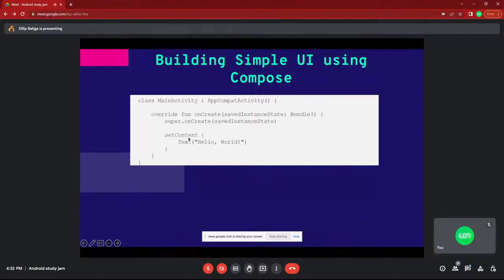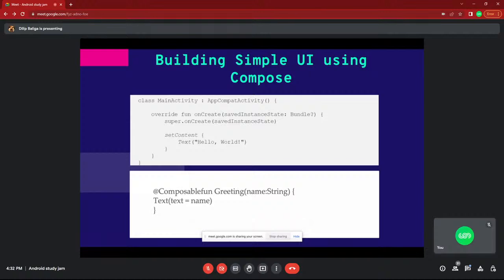I already mentioned that an activity is supposed to provide some UI for that screen. That is the main use case of an activity. So setContent means you are setting some content to that activity. Inside the setContent method you are providing the text view. That's it. This is a simple example, a simple UI with a text view of the string hello world.